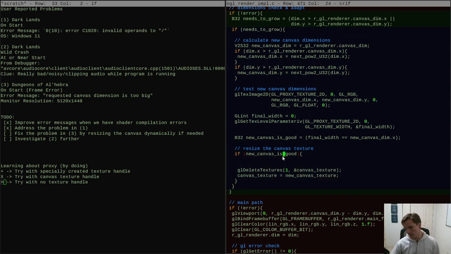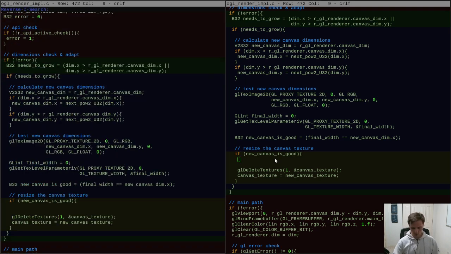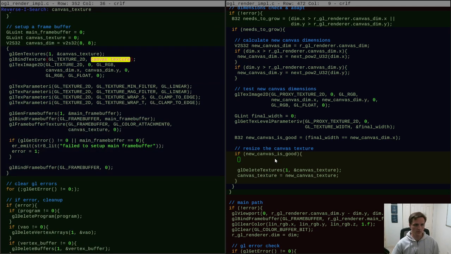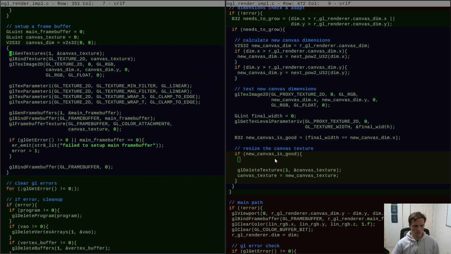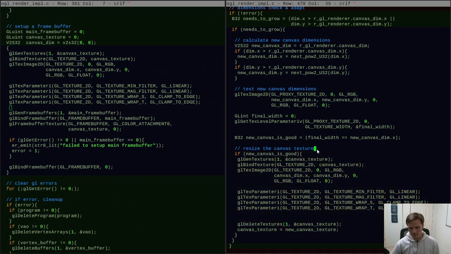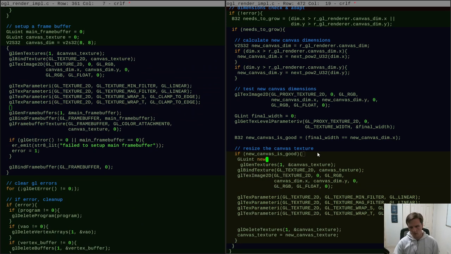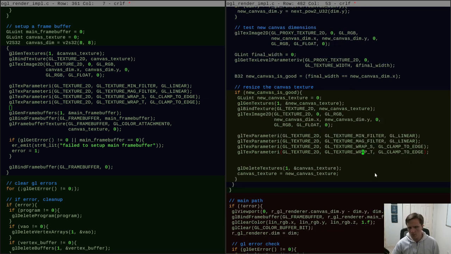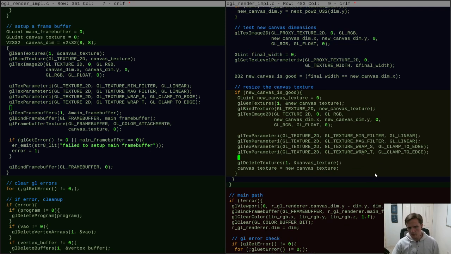Okay, so if the new canvas is good, and then it's just like up here where I made the canvas texture in the first place. We're going to want to do these things. New canvas texture equals 0. New canvas texture, new canvas texture, new canvas dim, same parameters as before, and